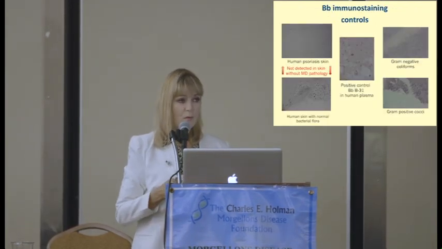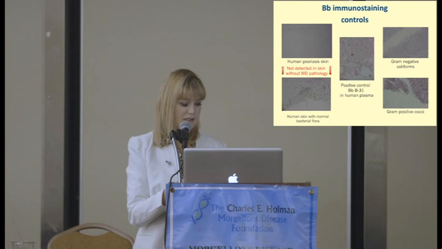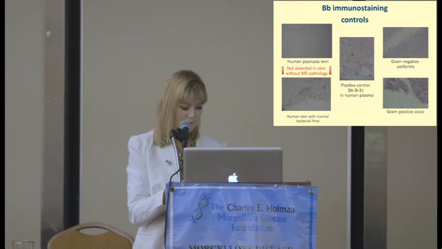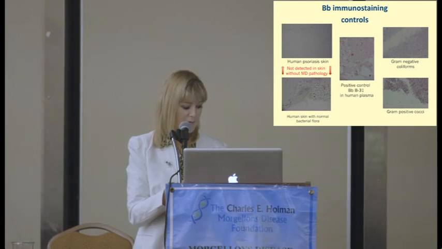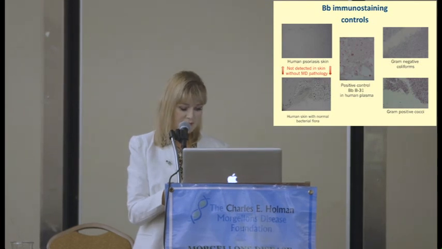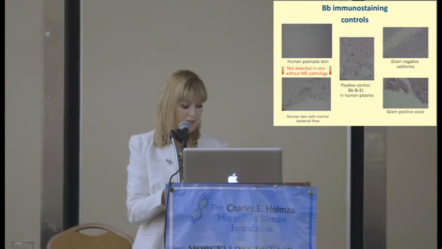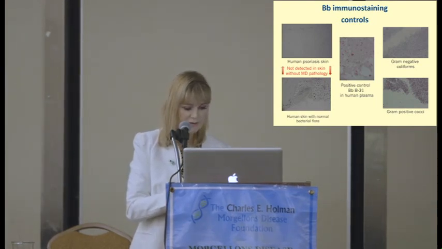So every experiment that we do, we use controls, whether it's in PCR detection or antigen detection. So here, for example, are some of the controls that we did for showing specificity of immunostaining. This stain was reactive to Borrelia, but it was not reactive to other common microorganisms that would be encountered in skin. So the positive control is in the center, and various negative controls are surrounding on the left and right. It did not react to human normal skin with normal flora in it, or diseased skin from a psoriasis patient, or to common gram-positive and gram-negative pathogens.